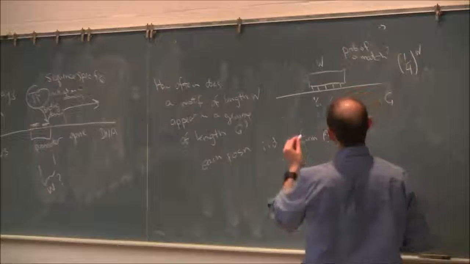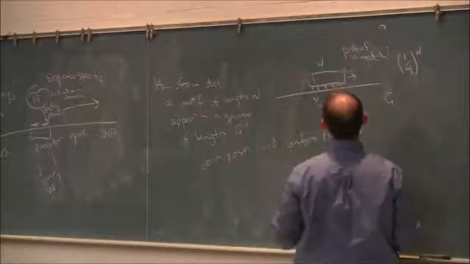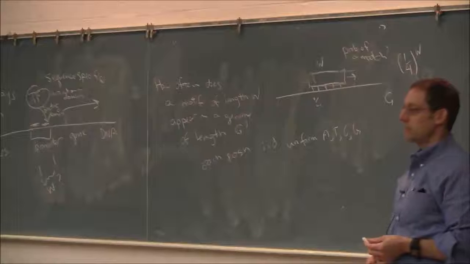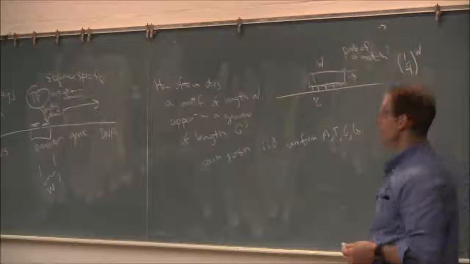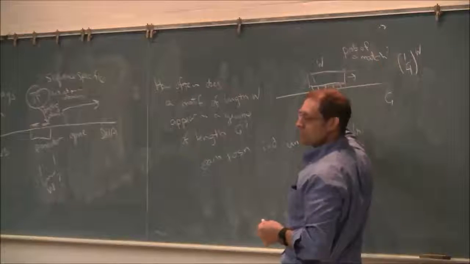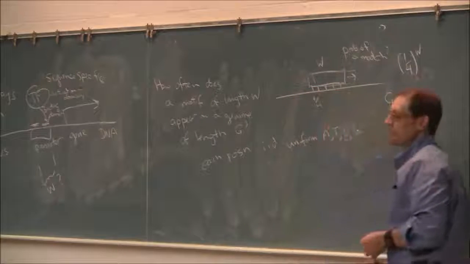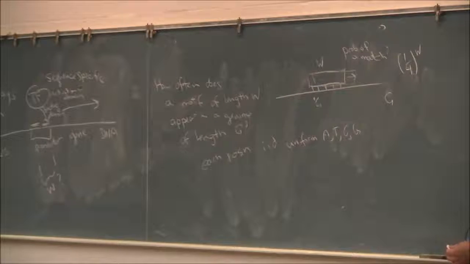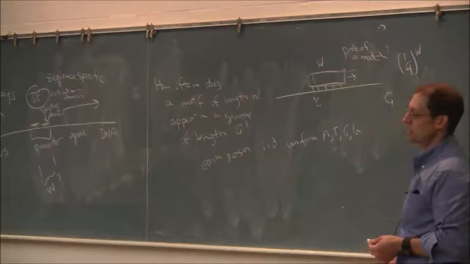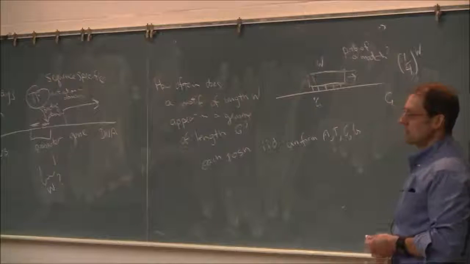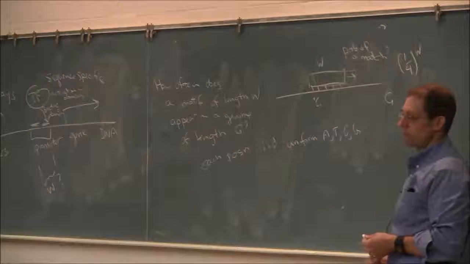All right. So then what we do is we move the motif, we slide it over one position, and then we ask, what's the probability of a match at this next position? And you might think that you have to worry about whether or not there was a match at the previous position, because that sort of locks in what the nucleotides are. But in reality, we're just looking at the single point function, so we don't even have to worry about that. The probability of a match at the next position is also 1/4 to the W. So at each possible starting location, the probability of a match is 1/4 to the W.